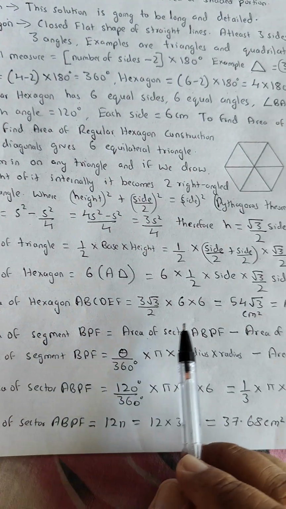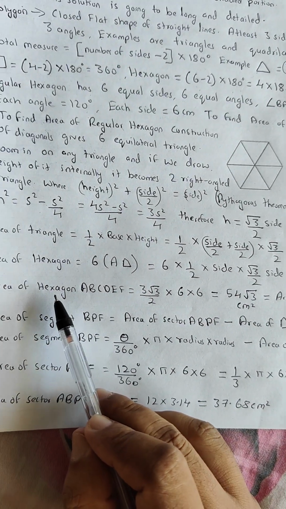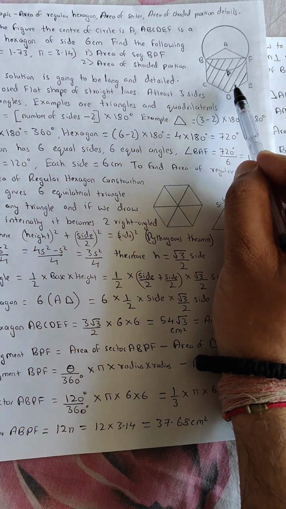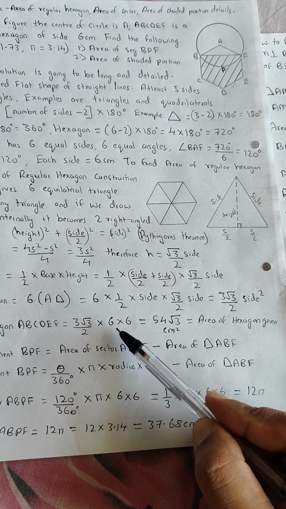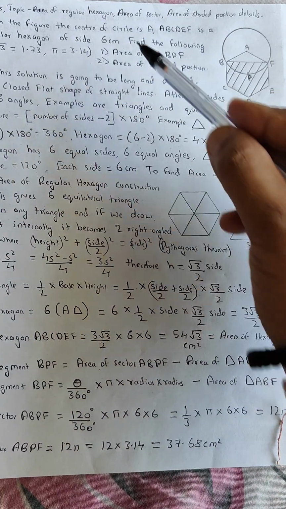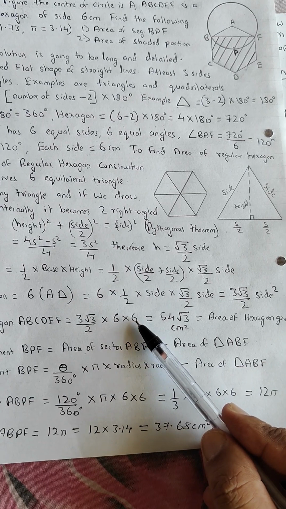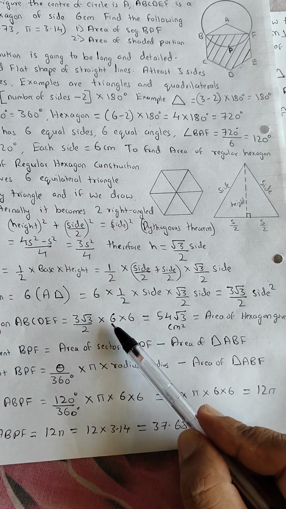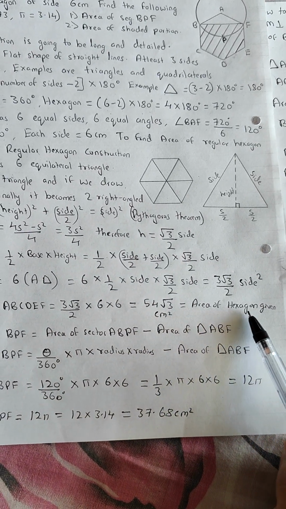area of hexagon we already have as 3 root 3 upon 2 side square. Now area of hexagon ABCDEF, the hexagon which we have in our question, this I am talking about here. The answer will be 3 root 3 upon 2 multiplied by side square, but side is given in the question as 6. So we are going to take that 6 over here. 3 root 3 upon 2 into 6 side square. The answer is going to be 2 ones are 2 and 2 threes are 6. 3 sixes are 18, 18 threes are 54, 54 root 3 centimeter square. This is the area of the hexagon given.